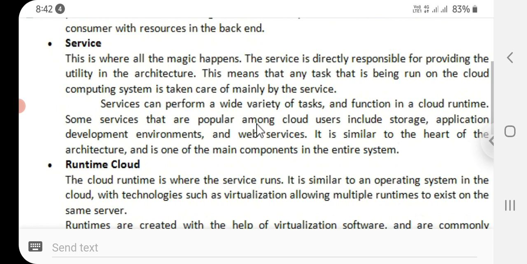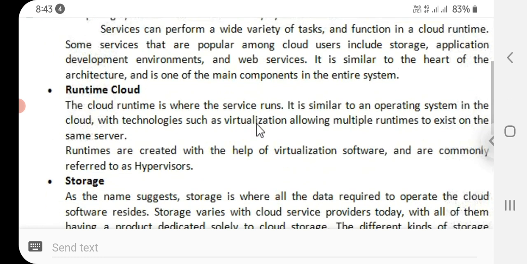Services can perform a wide variety of tasks and functions in a cloud runtime. Some services that are popular among cloud users include storage, application development environments, and web services. It is similar to the heart of the architecture and is one of the main components of the entire system.